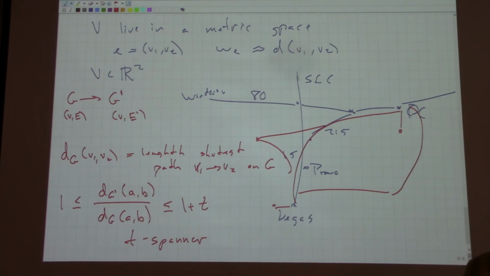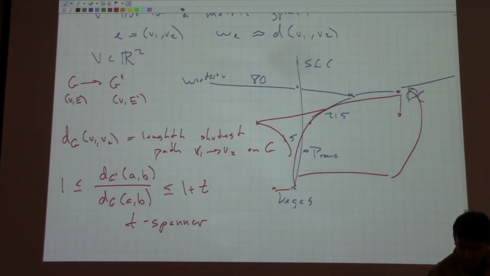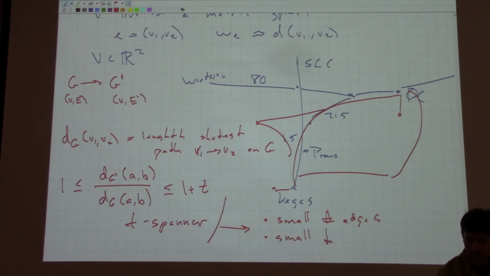Okay, and when you're doing this, you want to have this property, and you want to minimize a few things. You want to have a small number of edges. You want to have a small total weight of the edges. So before, with graph sparsification, we actually kept the total weight the same. Now we can get down to a smaller total weight. We can just throw away edges because we're not worried about cuts anymore. And then you want